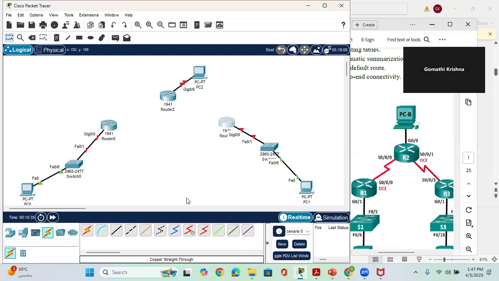So now you can use the serial cable for the connection. I'm using 010. Here also I'm using 010. Then for here I'm using 011. Just for uniformity, I'm using the same cable number 011. So we have connected all the routers, but still you can see all the cables are not activated,